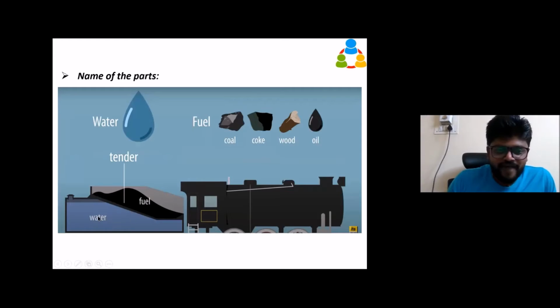This wagon which is attached to the steam engine is called a tender. It carries water and fuel. The fuel is probably coal, coke, wood, or oil. The difference is that coal is somewhat impure, while coke is purified; from coal only they make coke. Coal has a lot of impurities and produces a lot of smoke and waste gases, but coke is somewhat purified coal. And water: steam means from water only we are going to get steam, so as the name suggests, water should definitely be there.